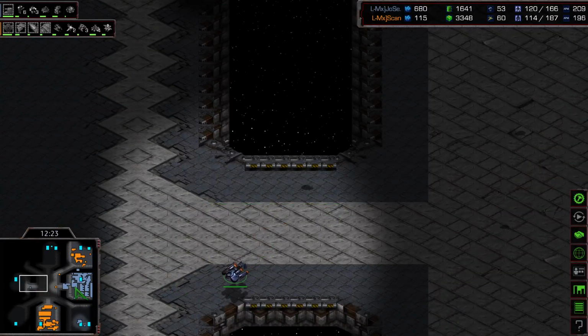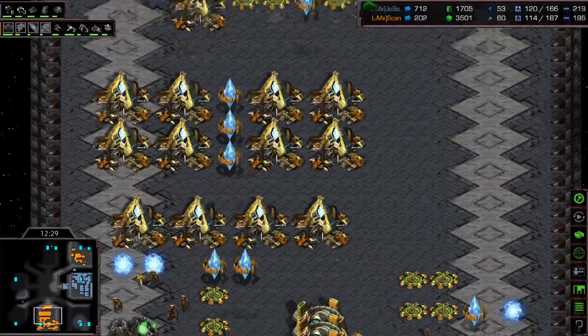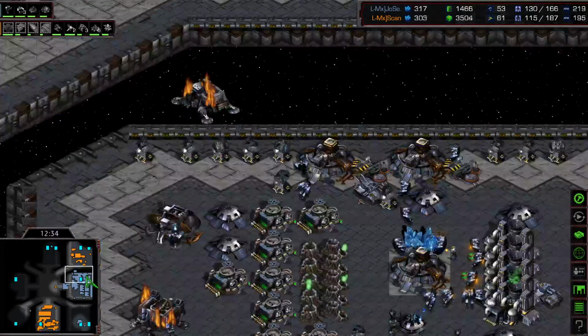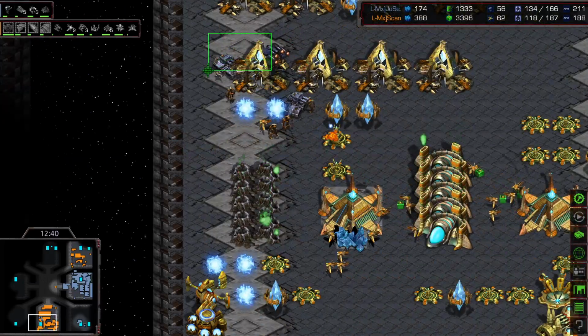Got the drop coming from over here, and another drop coming from Scan. But what I was saying with Scan is he went with just a ton of gateways, and then he's going to build more of, then build his mass. So there's that drop. And going to get 1 tank, and the tank's going to unload over there,